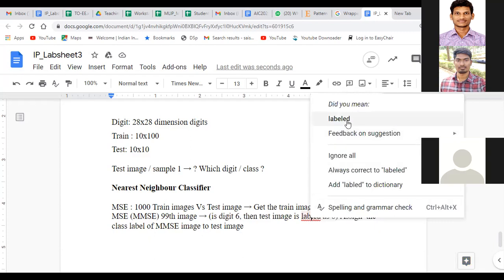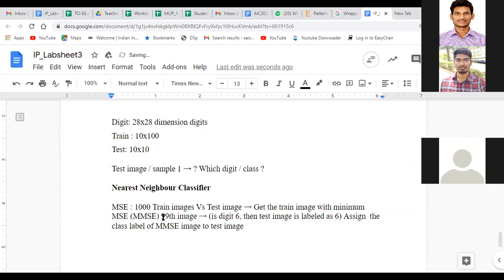Okay, so can one of you tell, is there any other way in which I can do the same operation? Instead of using Euclidean distance, I may wish to use something else for comparison. Mean square error I may not use, but I may use normalized cross correlation. What is the difference then between using mean square error and normalized cross correlation? Is there any difference in this process? And where will be the difference?